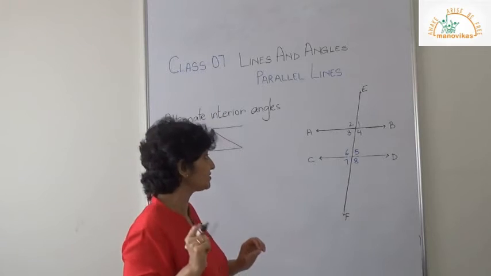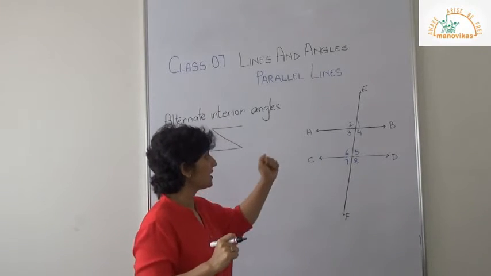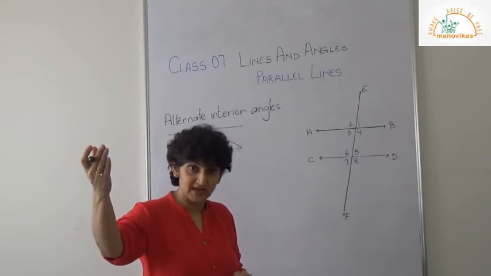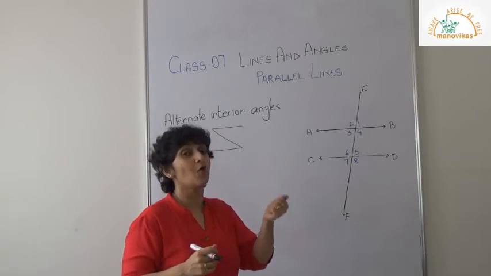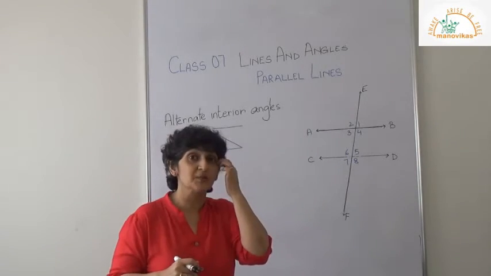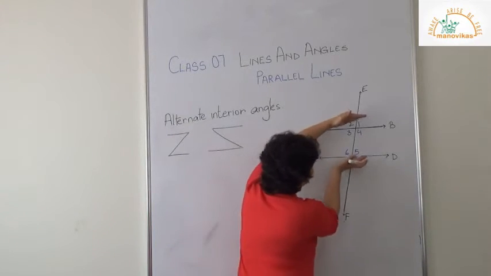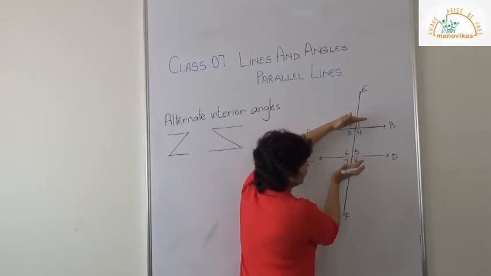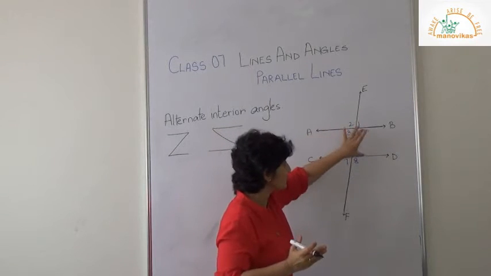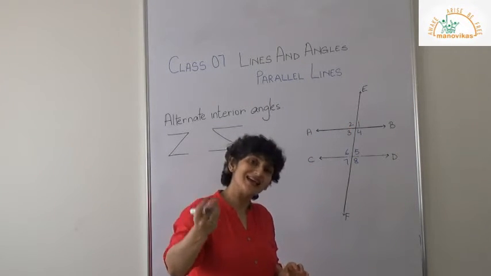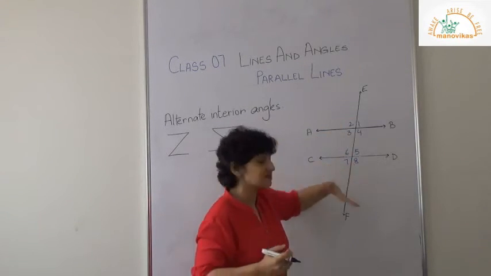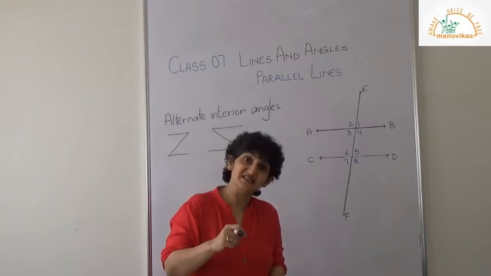Right students, have you understood? So you know now 1, 2, 7, 8 are out, exterior angles. 3, 4, 5, 6 are in, so those become your interior angles. In short, angles which are inside these two lines, the two parallel lines, you call them interior angles, and the outside ones are called exterior.